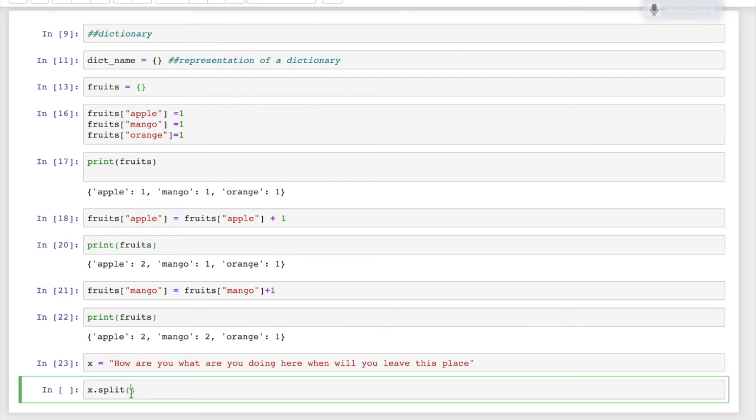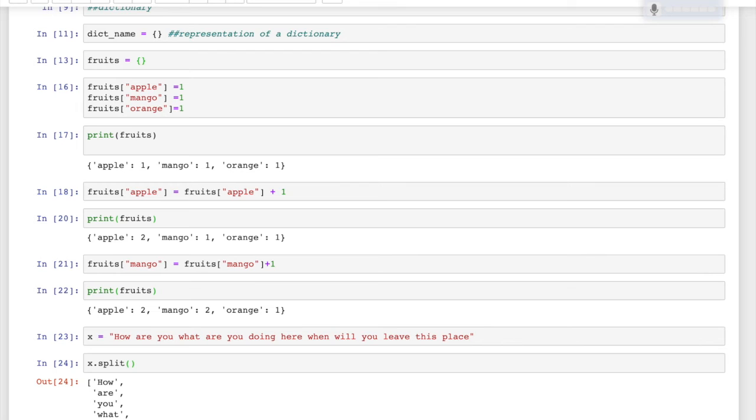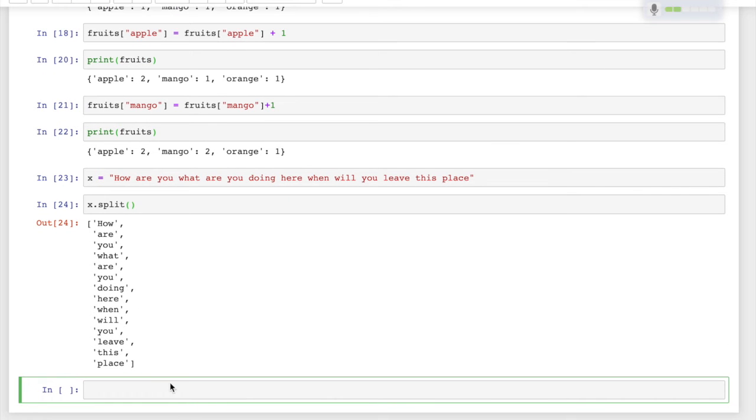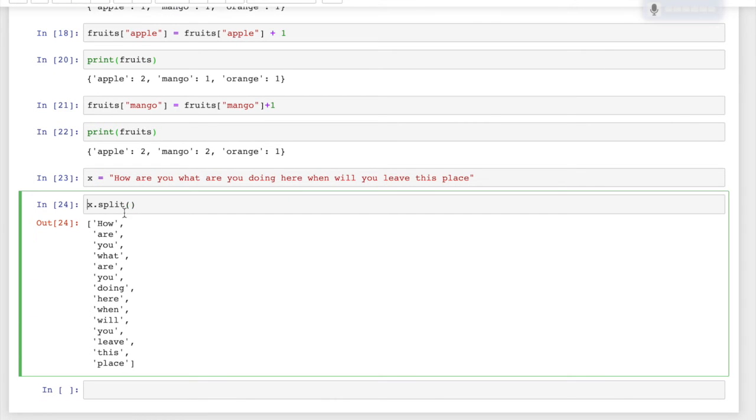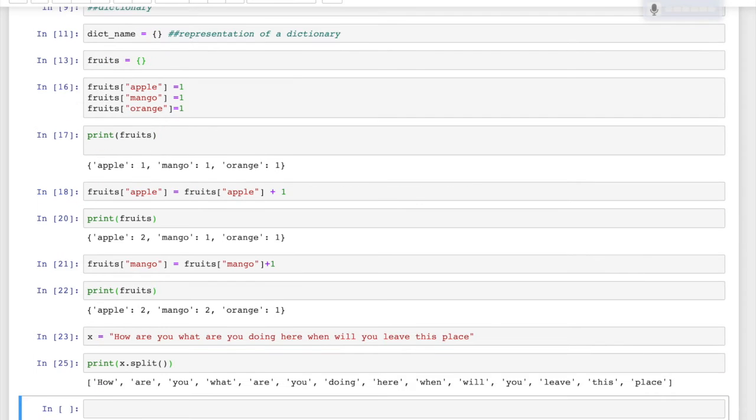If you don't put anything here, it will split by space. Okay, watch this. See, this way, but you can do it this way also.